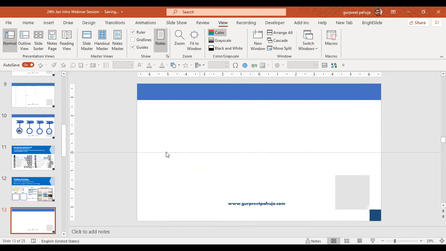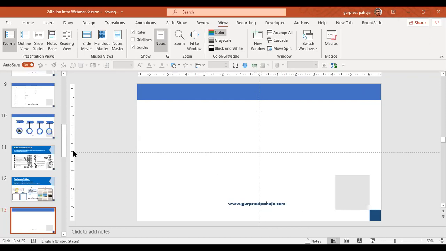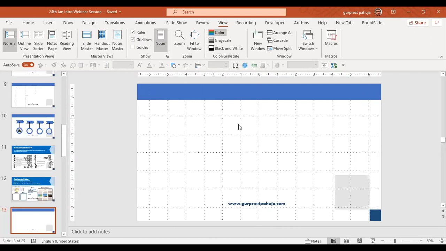I don't think so. See, I'm deleting all of them now, right? There are no guidelines here. Now I right click, guides and grid lines. I click guides. So this is the default setting, right? This is how you must be getting it. No, I'm not. I don't get this default setting. I have more of these squares coming in. You must be selecting this grid lines one. Yes. Oh, okay. Grid lines are different. Guides are different. Okay, got it. I think this is what I've been doing. Now it clarifies. Thank you. Most welcome.